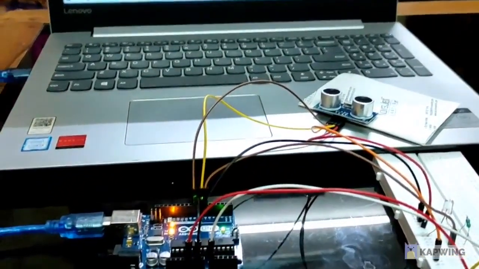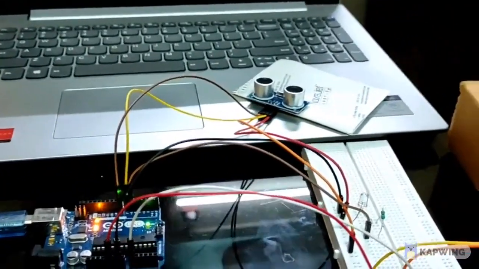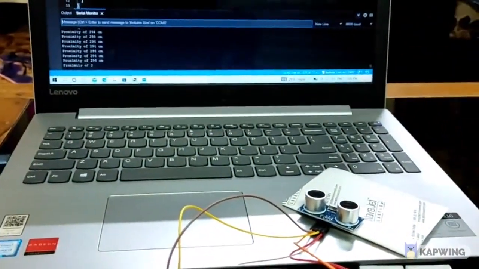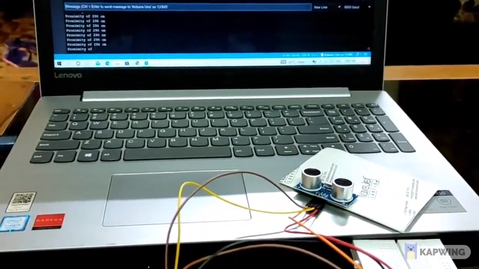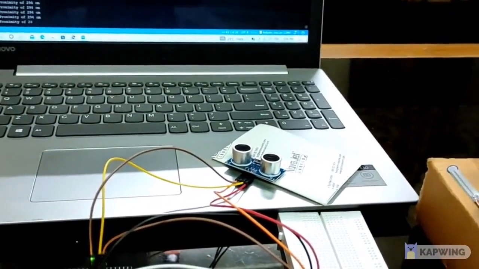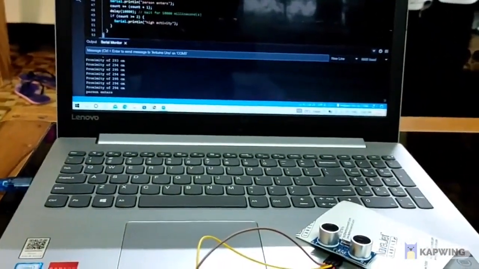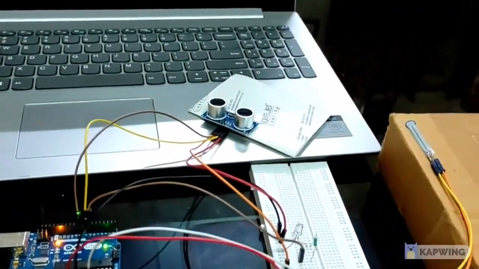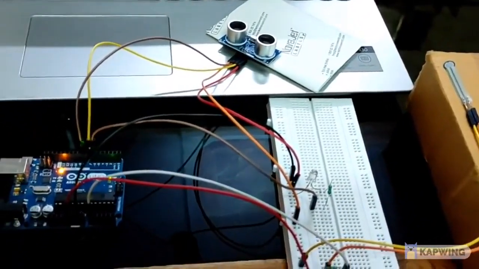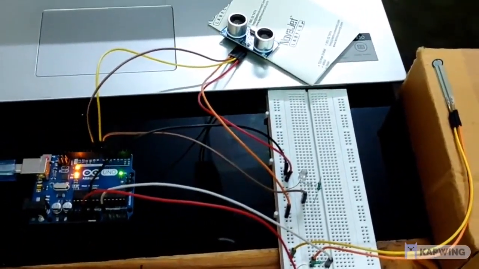So in this way we can measure the distance from any person in a room, from any point in a space, and we can monitor the human activity. Similarly, if we apply force on the force sensor with the help of my finger, it will display the output as "person enters". So we can monitor whether a person is entering or exiting a room. So in this way we can recognize human activity in a space.